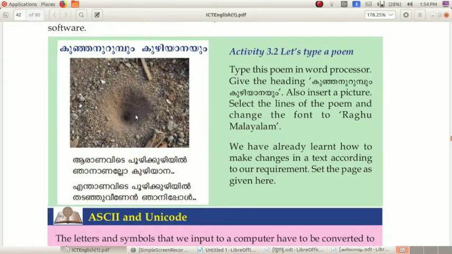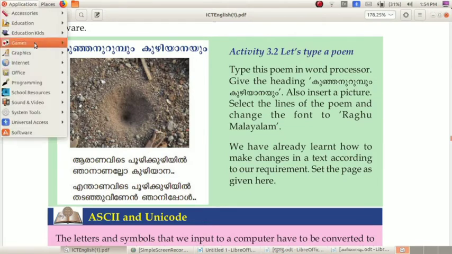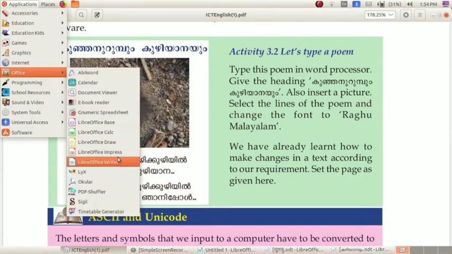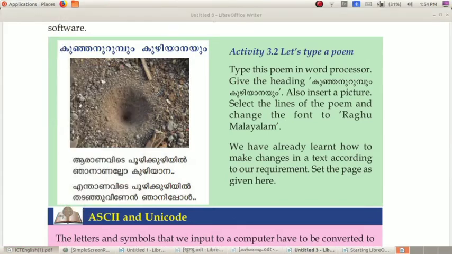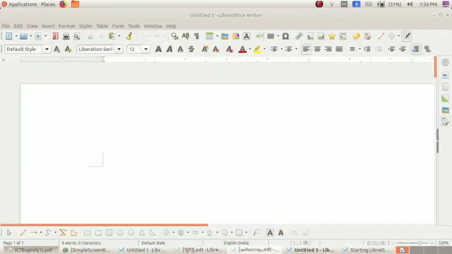Next, activity 3.2, let us type a poem. Here you can see 4 lines that are typed in Malayalam. And here is an image, here is a heading. What is that heading? Read with me. Yes, Kunyanurumbum Kuliyanayum. Okay, so we want to type this in the LibreOffice Writer. For that, open Applications, Office, LibreOffice Writer.